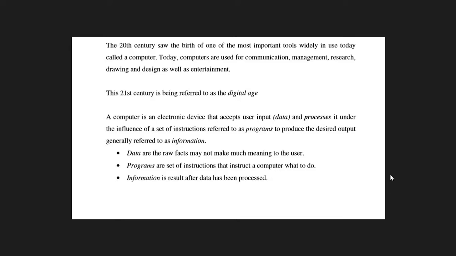What is a computer? A computer is an electronic device that accepts user input and processes it under the influence of a set of instructions referred to as a program, to produce the desired output, generally referred to as information. कंप्यूटर क्या है? कंप्यूटर एक ऐसी इलेक्ट्रॉनिक डिवाइस है जो कि डाटा को इंफॉर्मेशन में कन्वर्ट करती है।